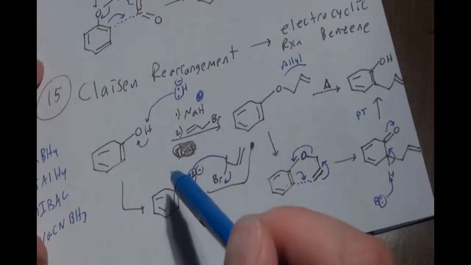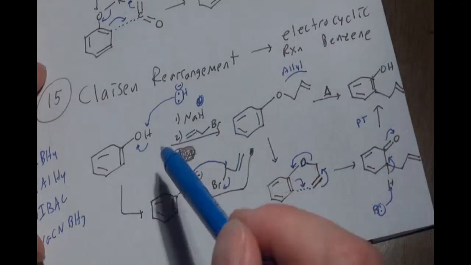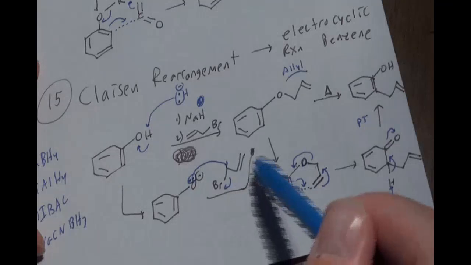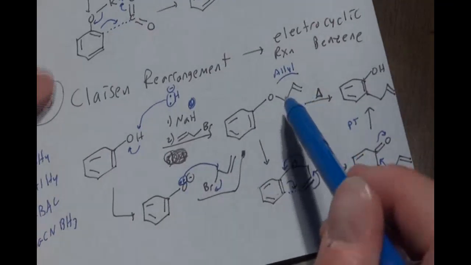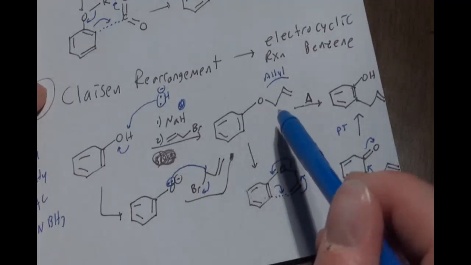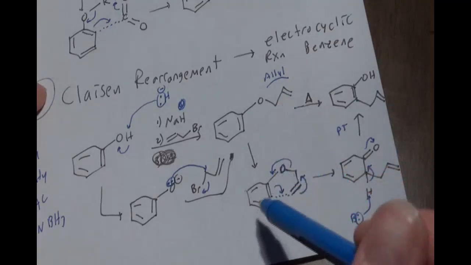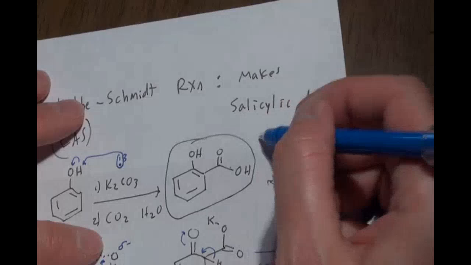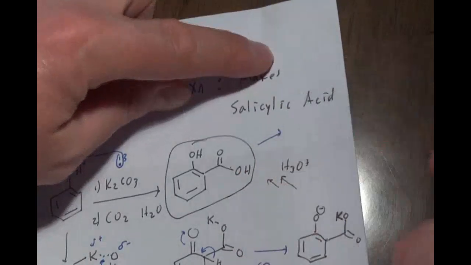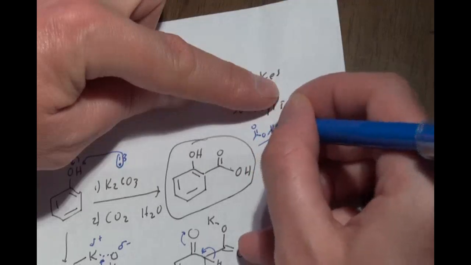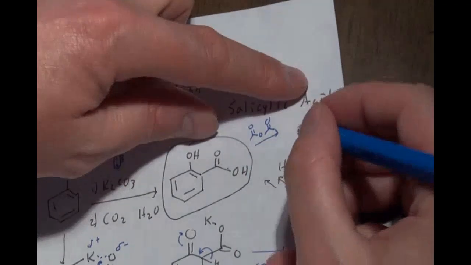And the Claisen rearrangement is simply a Williamson ether synthesis with allyl bromide to make this allyl fragment, and then we just cook it at, I don't know, 100 degrees, 200 degrees, and then the allyl group kind of just transfers to the ortho position. That's called the Claisen. And then, of course, lastly, why do we care about salicylic acid? It's because we use it to make aspirin, right? So acetic anhydride,